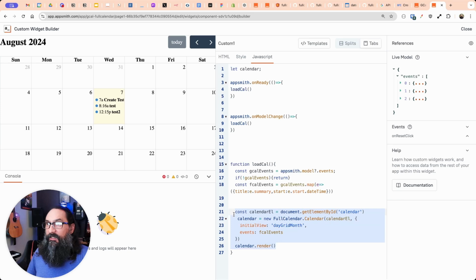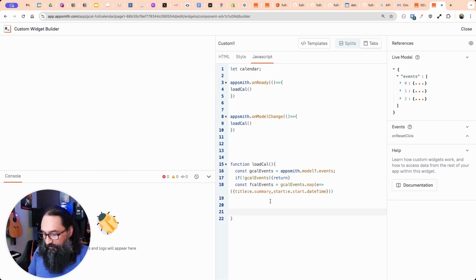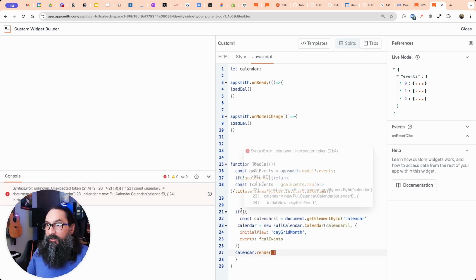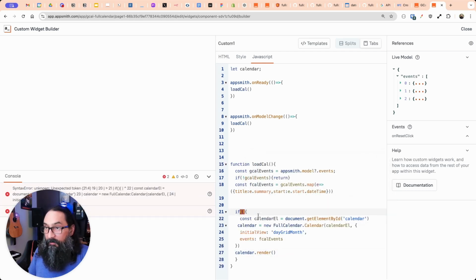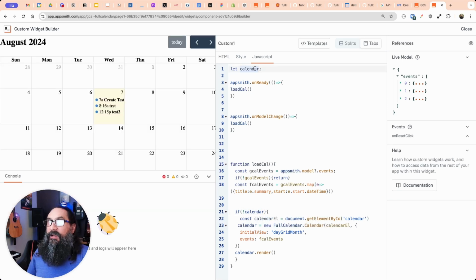So I'm going to take this chunk here. Both times we will do this test and map the data to the right format. And then this code will go in the if block here, if there is no calendar. So it's defined here or declared, but its value is undefined. And so this will turn undefined into true. If there is no calendar, then go ahead and do this part to render it. Else,